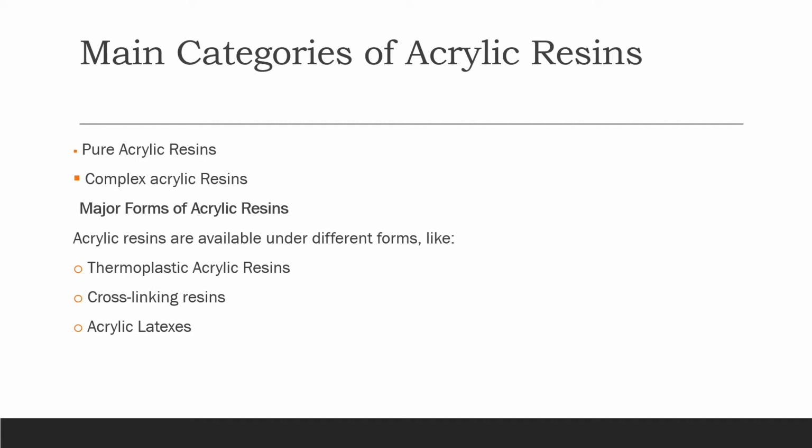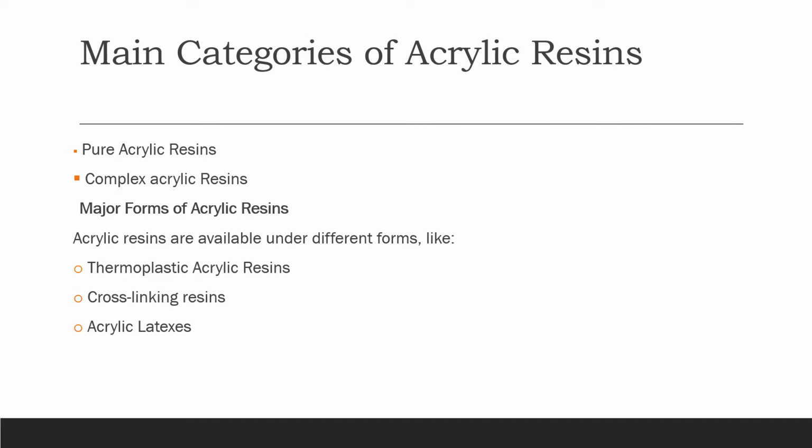Then some reactive groups. For instance, hydroxy functional groups which could react with isocyanates or melamines, or glycidyl functions, epoxy groups, that will react with amines and carboxylic acids. These groups will allow bonding between polymer chains and lead to cross-linking and a stronger polymeric material, and would increase the performance of a polymeric material, like hardness and curing properties.